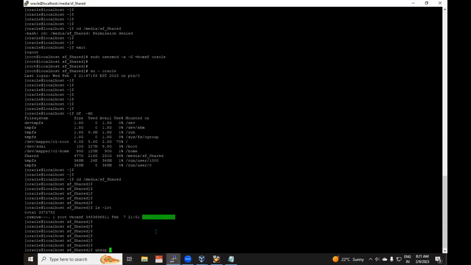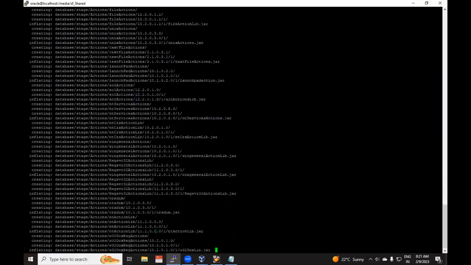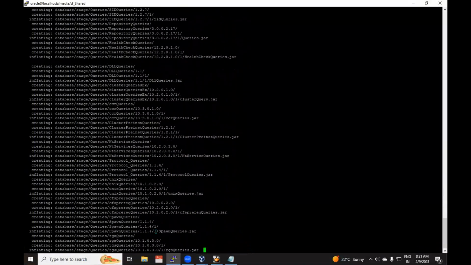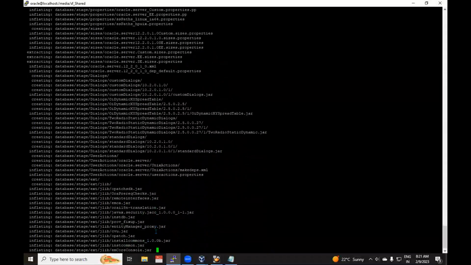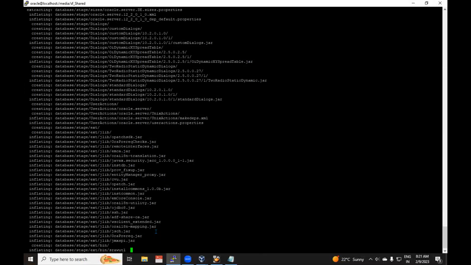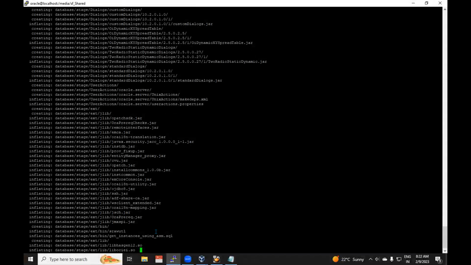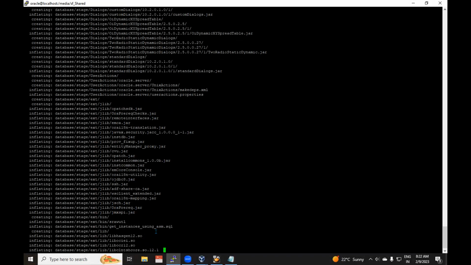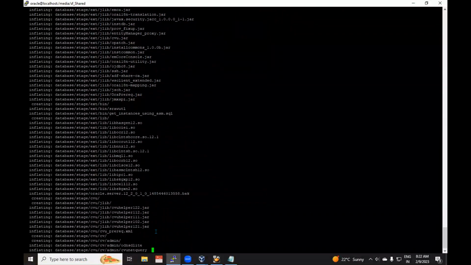Unzip that particular file name. So it will unzip that file to here itself.